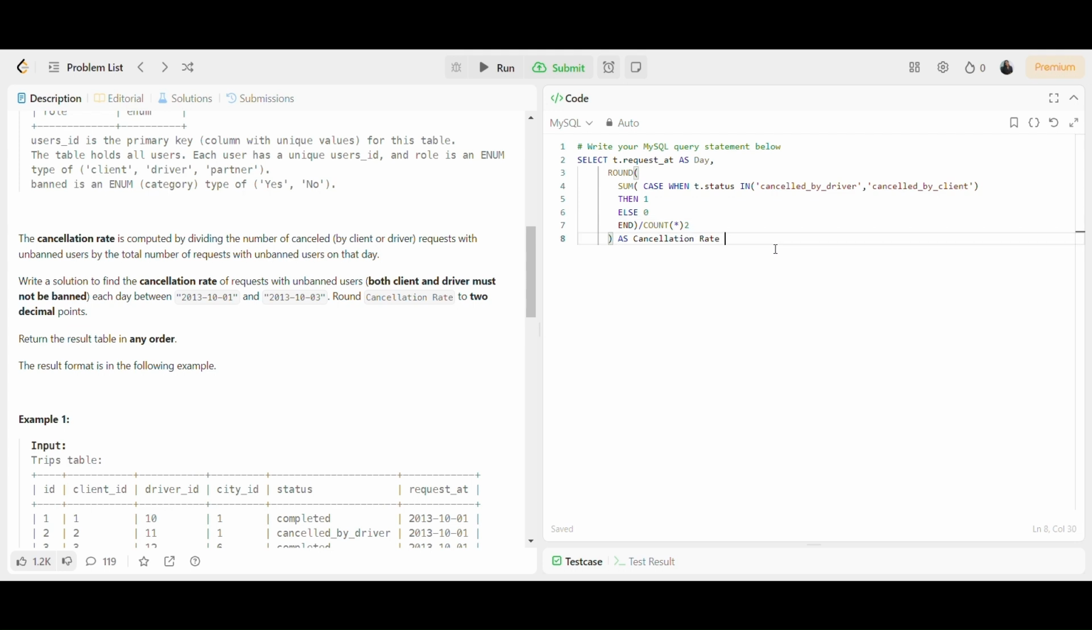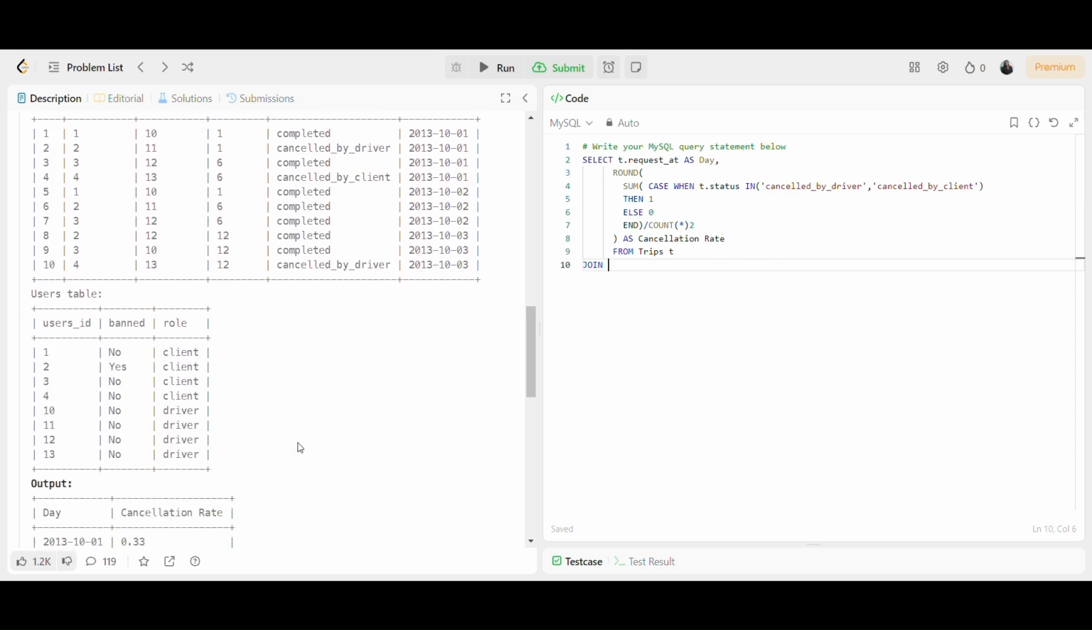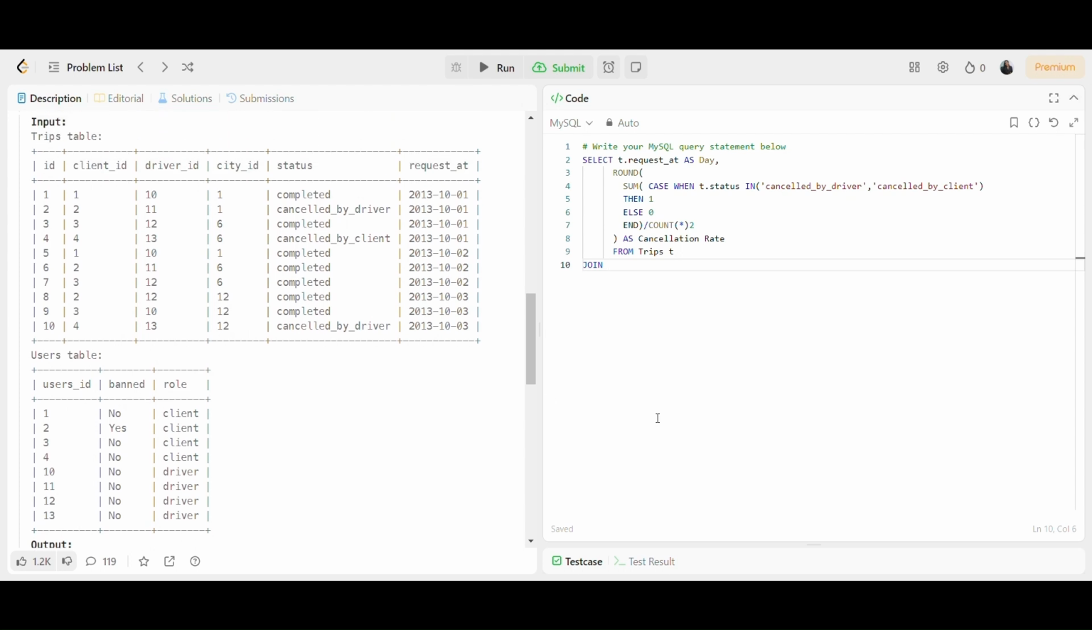Now what we'll do is take the data from the trips table, and I'll be applying a join. First, I'll apply a join that filters out the trips with banned clients. I only want the unbanned clients, so I have to filter out the banned clients and the banned drivers. I have the users table, on which I'm using